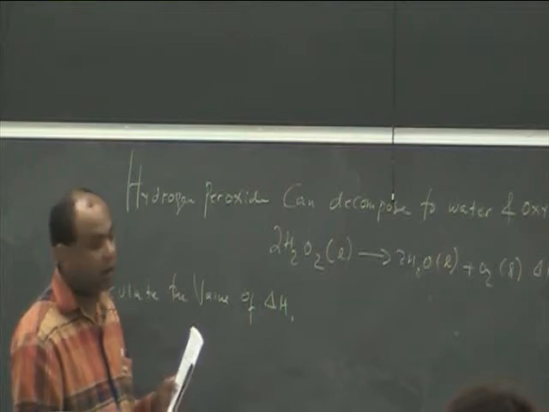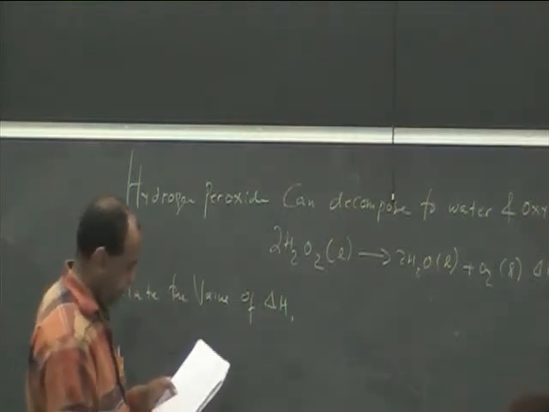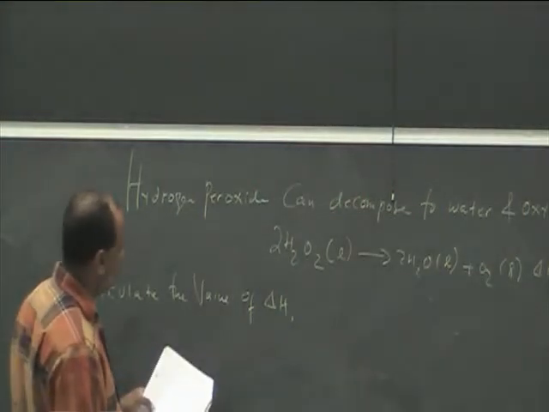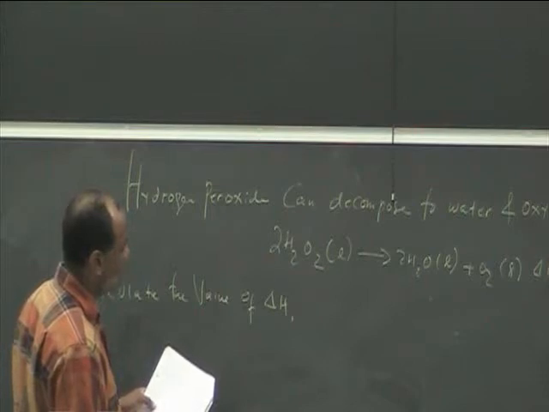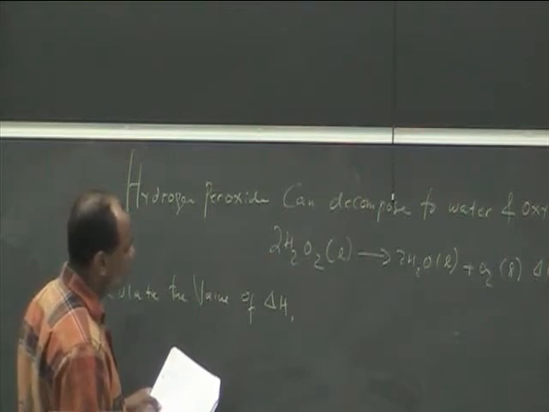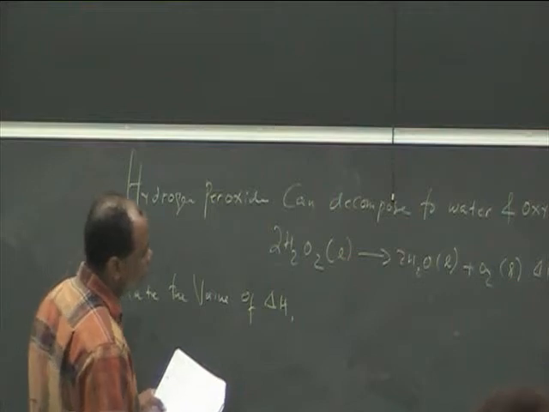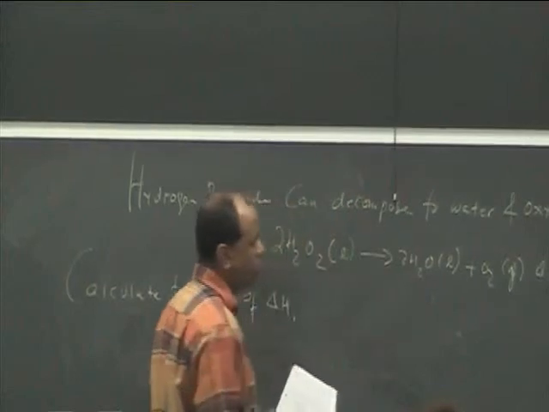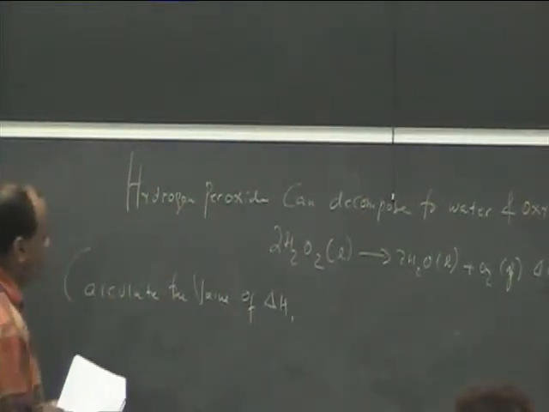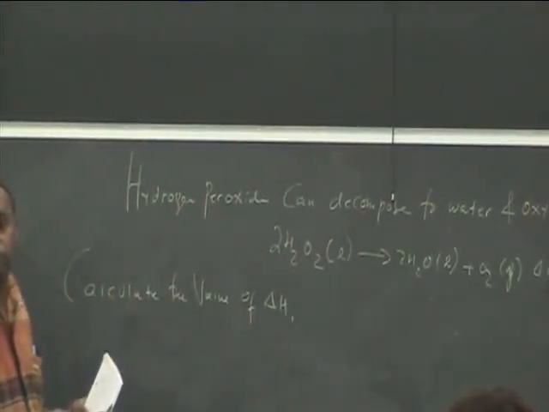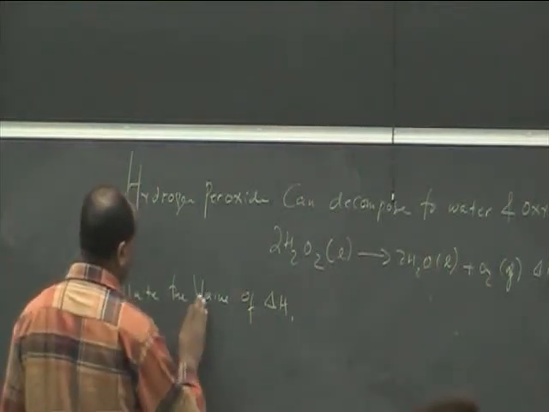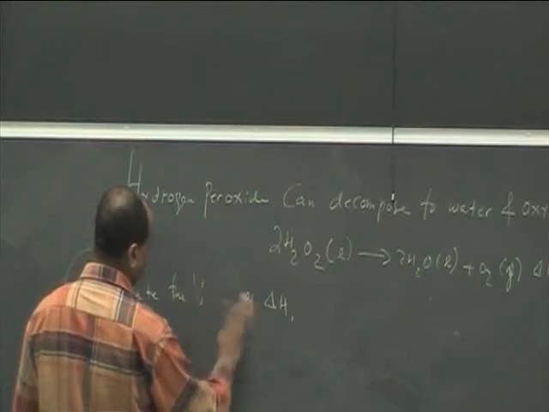It says hydrogen peroxide can decompose to water and oxygen by the reaction, and the reactant is 2H2O2(l), and then with the arrow, 2H2O(l) plus O2(g), and then the delta H equals negative 196 kJ. And then after that, it says calculate the quantity of heat released